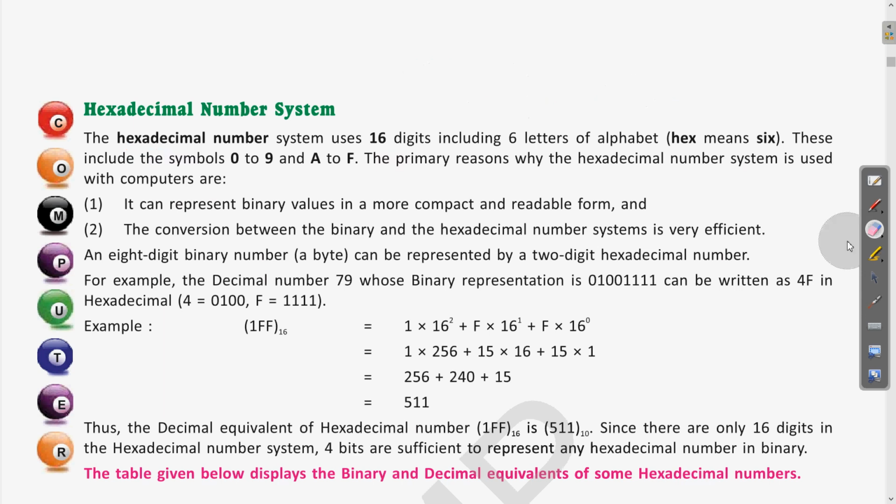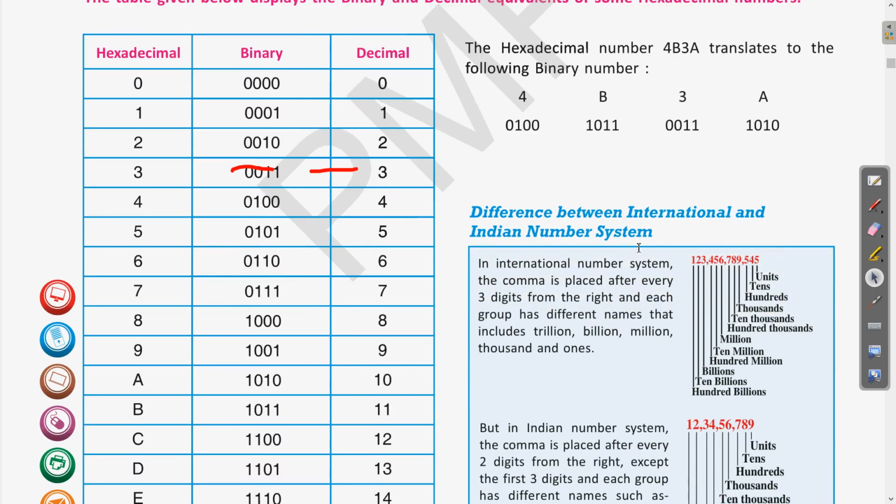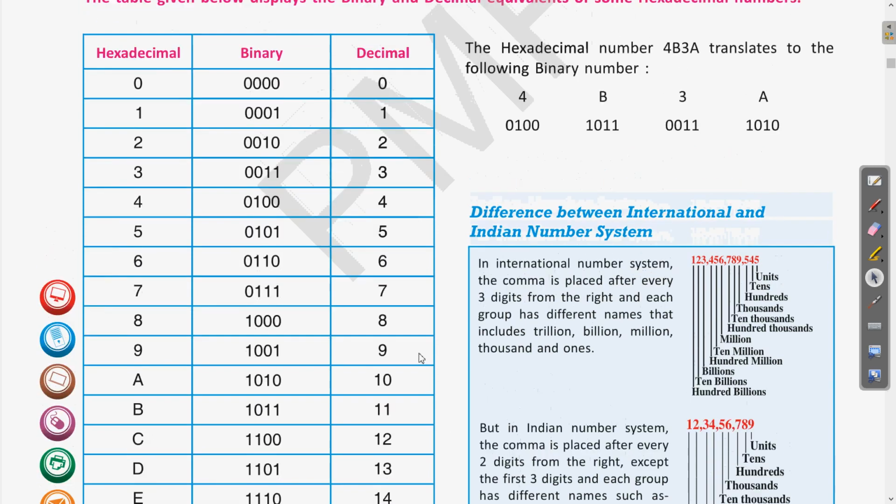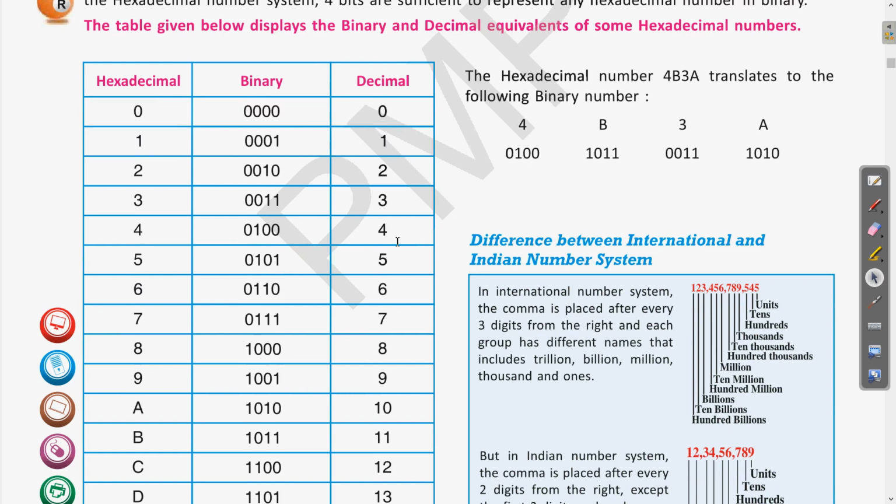The 16 digits which we are using in the hexadecimal are 0 to 9 and then A to F. Okay, why A to F? Actually, let me come to the table. So here you can see the different hexadecimal numbers, and the decimal going from 0 till 15. Why till 15? Because if you come to 16, it will exceed. So 1 to 15 is 15 numbers, and when we include 0, it will be 16 digits.